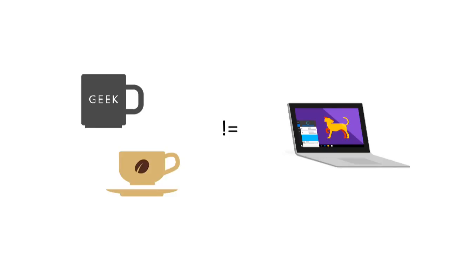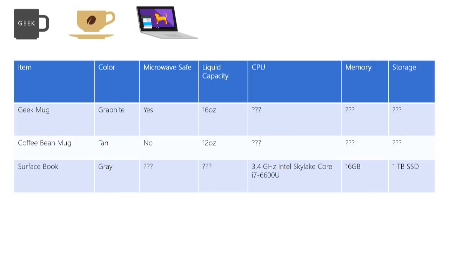And you go, OK, well, this is pretty obvious, right? Coffee mugs aren't laptops. You don't have to be a rocket scientist to figure that out. But how do we solve this? How do we actually represent this in a database? If I just keep adding columns and indexing them, this becomes a very sparsely filled table very, very fast. This is not an efficient way to store data.